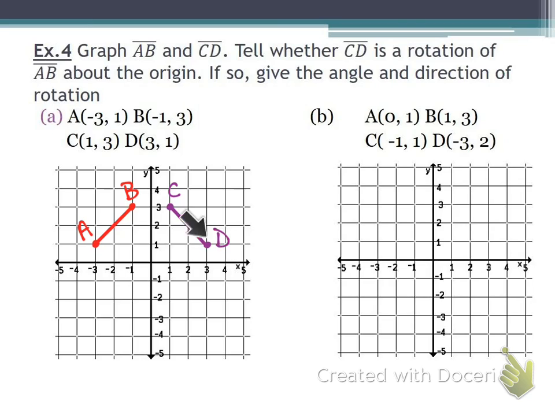Clockwise, right? We started here, we move around our clock, so we would go clockwise here, and then we have to decide if we think that this has an angle about it. So I would look from the origin,